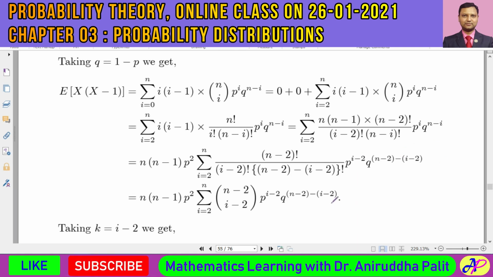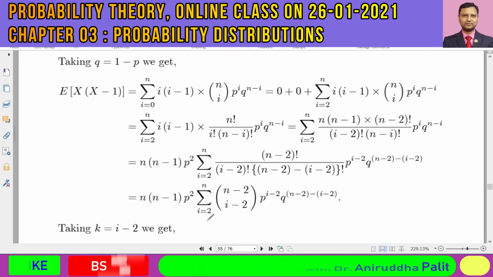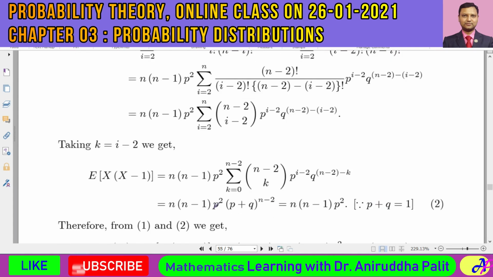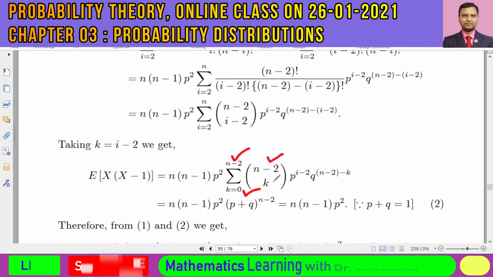Therefore, this total expression can be written in this way: summation i equal to 2 to n, (n minus 2) C (i minus 2) p to the power of i minus 2, then q to the power of n minus 2 minus (i minus 2). And if we now take this transformation, k is equal to i minus 2, then this would become summation k varying from 0 to n minus 2, (n minus 2) Ck